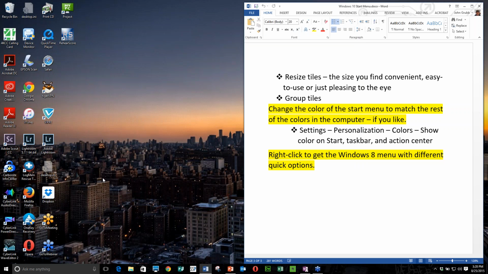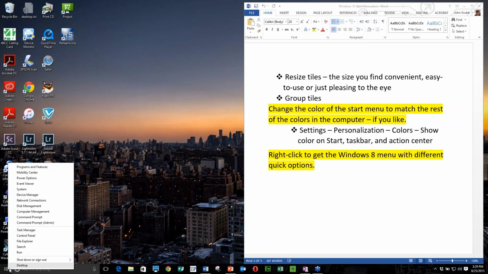you go down to the Start menu and right click on it, of course, if you're using a touch screen and you're using touch, you get a right-click menu by holding on with the finger until there's a little pop-up, and then when you let go, the right-click window will be there. If you go and right click, you will see what was the Windows 8 and 8.1 right click menu, but